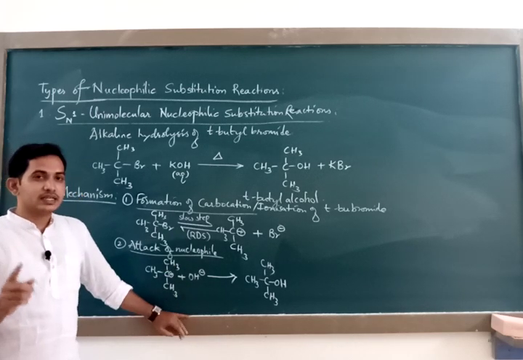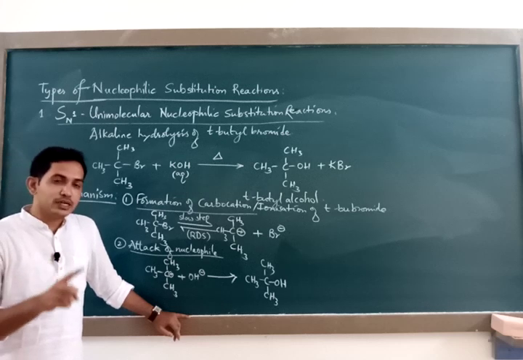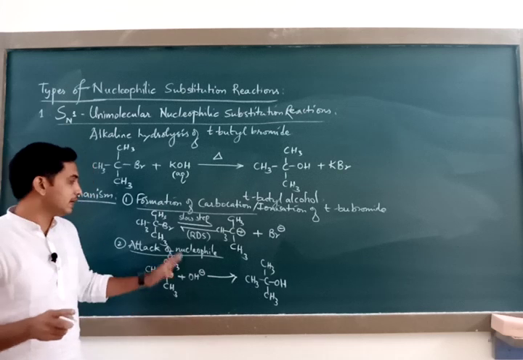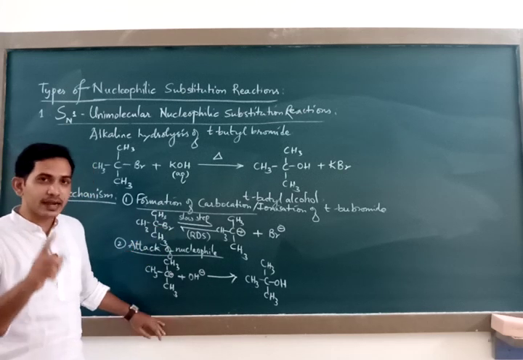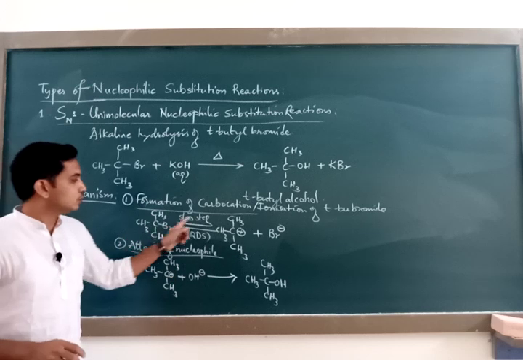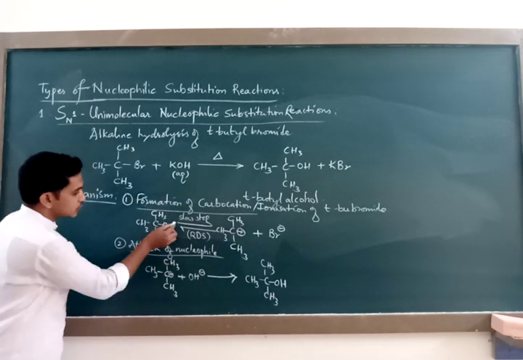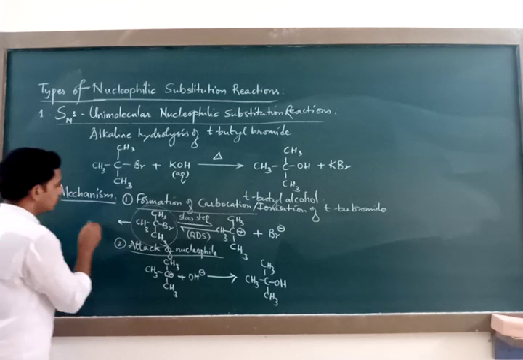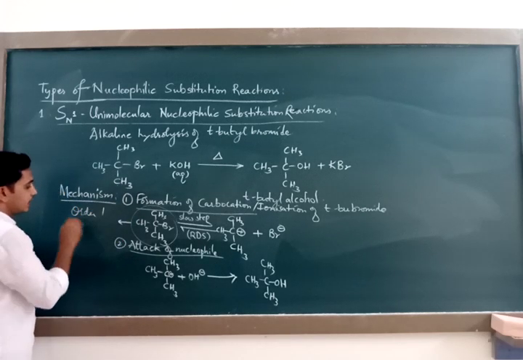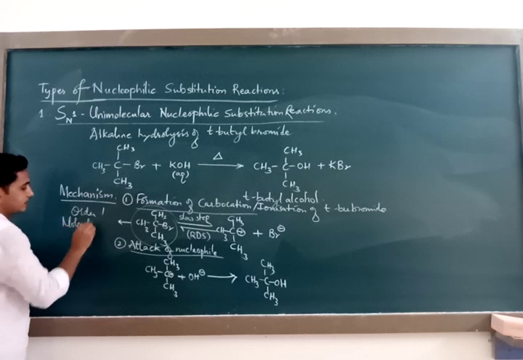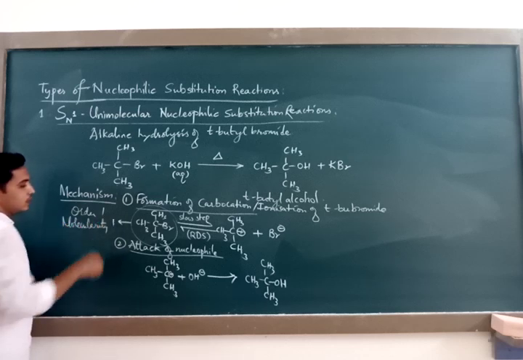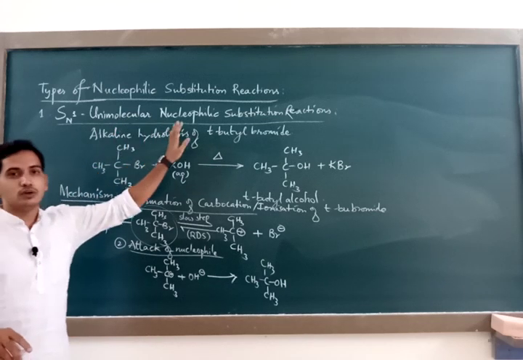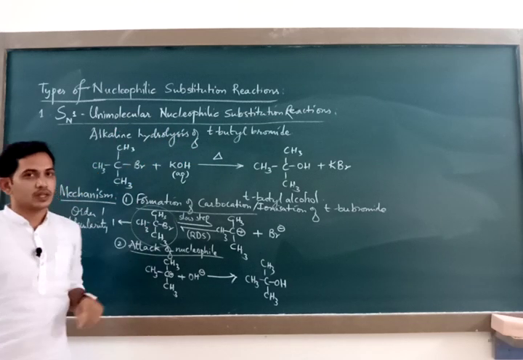According to law of mass action, the rate of a chemical reaction depends on the slow step and is directly proportional to the number of reactants that take part in the slow step. So in this slow step, you will be able to see only this one reactant. There is only one reactant present. Therefore, order is 1 and molecularity is also 1. Hence the name unimolecular nucleophilic substitution reaction.